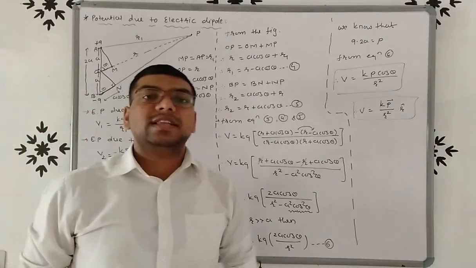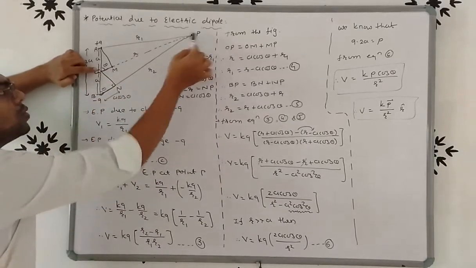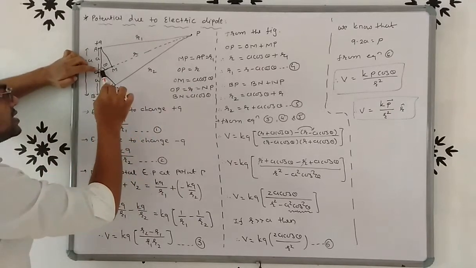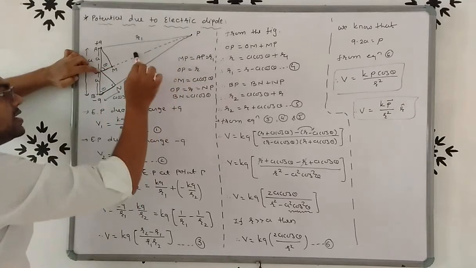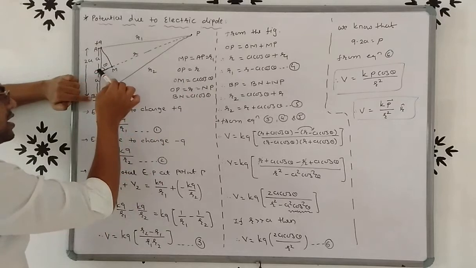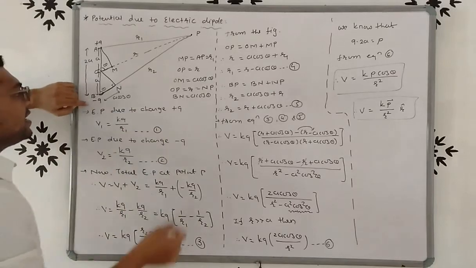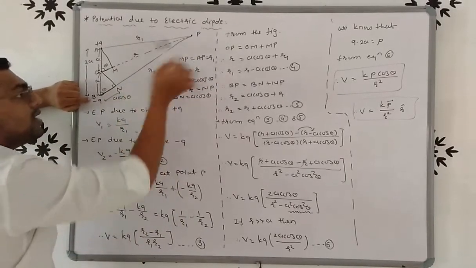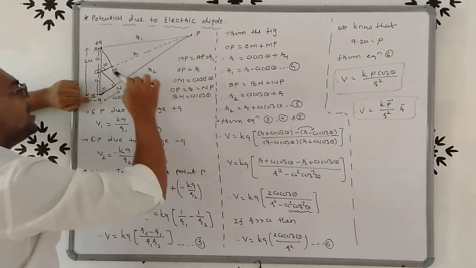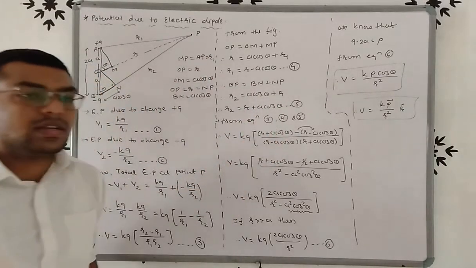Now to derive the relation between R2 and R, once again we draw a normal from point O to BP. So the normal is ON. So from the figure, this distance OP is equal to NP is equal to R, and this BN is the adjacent side of this triangle O and B. So BN is equal to a cos theta. So from the figure we can write that BP is equal to BN plus NP. So BP, that is R2, is BN, a cos theta, plus NP, that is R. So R2 is equal to R plus a cos theta.